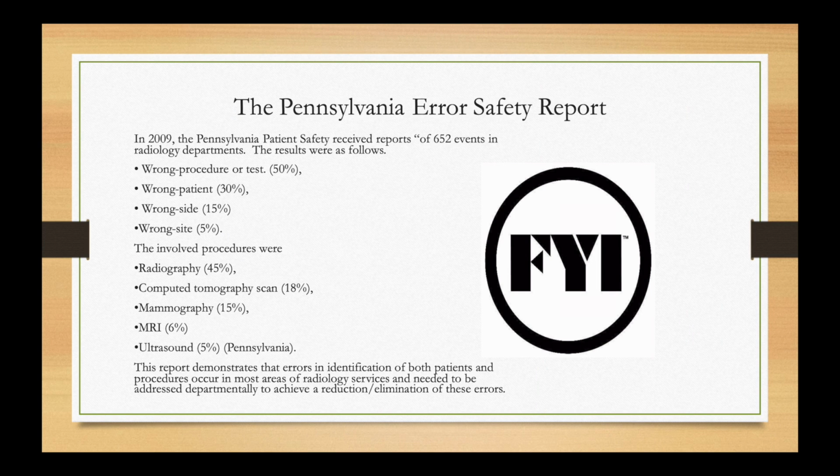The Pennsylvania Patient Safety Report. In 2009, the Pennsylvania Patient Safety Authority received reports of 652 events in radiology departments. The results were as follows. Wrong procedure or test, 50%. Wrong patient, 30%. Wrong side, 15%. Wrong site, 5%. The involved procedures were radiography, 45%, computed tomography scan, 18%, mammography, 15%, MRI, 6%, ultrasound, 5%, state